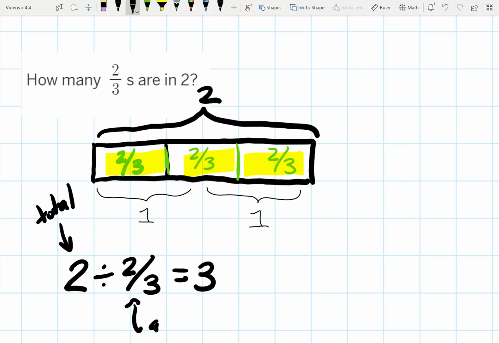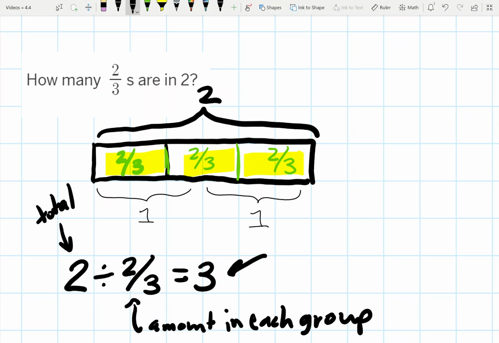So that's a fun thing we want to point out here, because 2 is our total amount. 2/3 is the amount in each group. And 3 ended up being the number of groups. That's what we just found out. So all of this is getting us ready to think